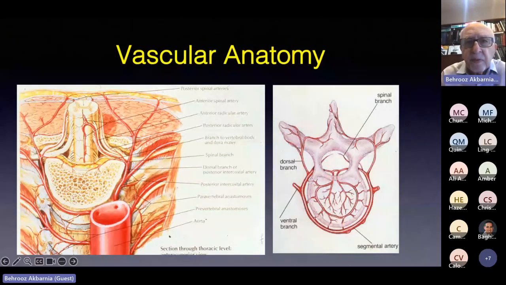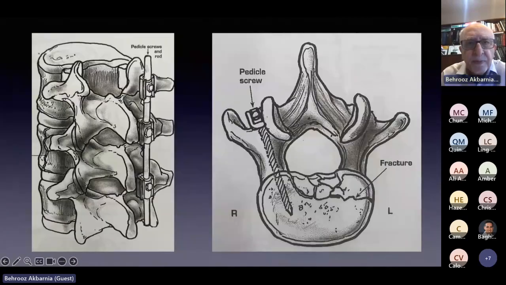Obviously, you have to be sure that we know the anatomy, and especially the vascular anatomy, trying to make sure we avoid the vascular underneath the transverse process. This is just another drawing that I have for another book that I thought maybe just review. You can see that the